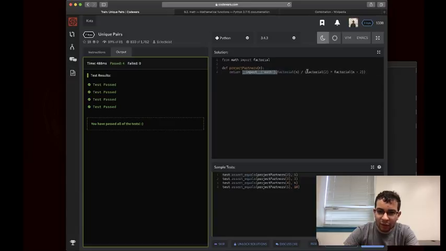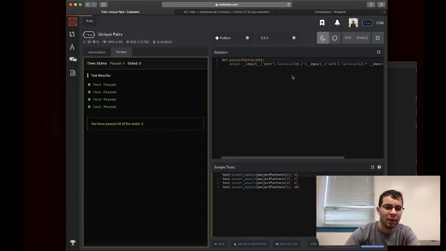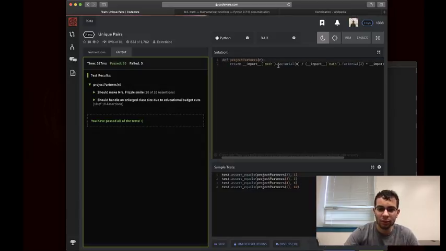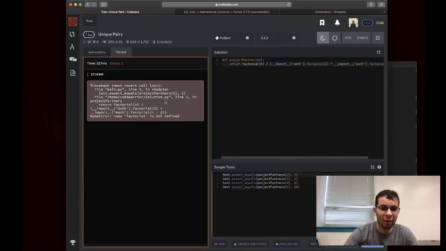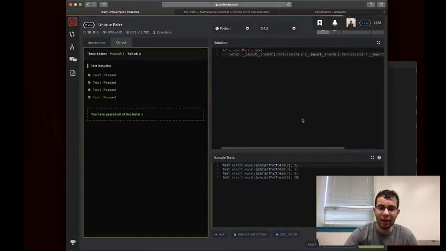And so I'll show you really quick. Let's just paste this in to all 3 places, and I'm going to get rid of that top level import. And you'll notice that it still works, right? And if I get rid of this import, it's not going to work. It's going to tell me I can't find factorial. But with this import, this is basically a way to have an import as a statement. And so I can go like this. The problem is that I'm repeating it 3 times, and that's a little bit